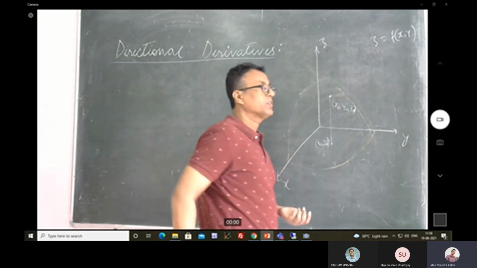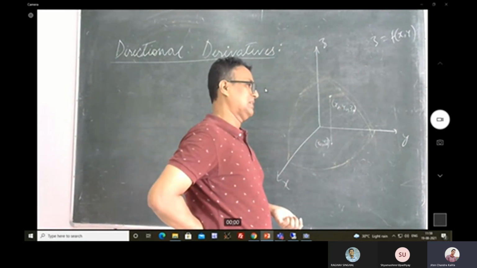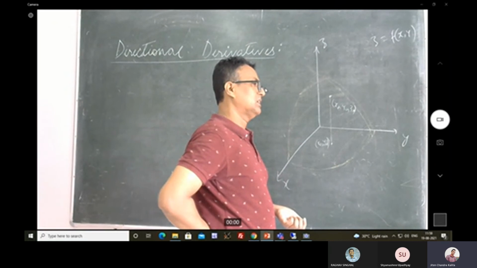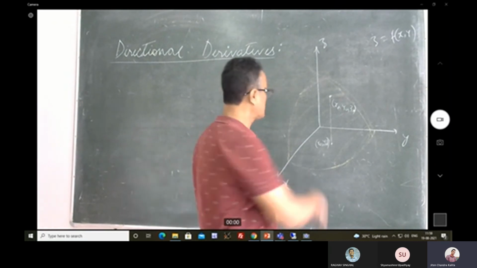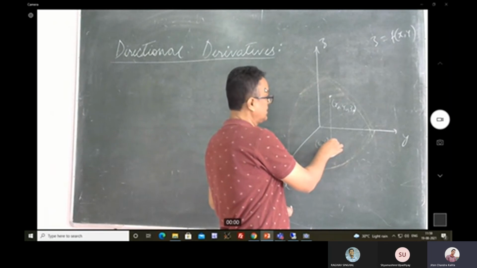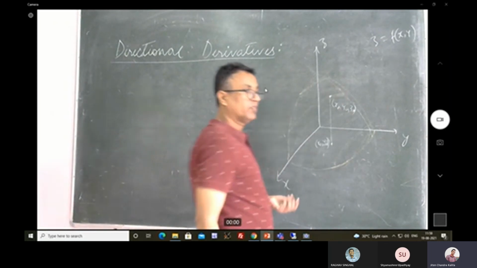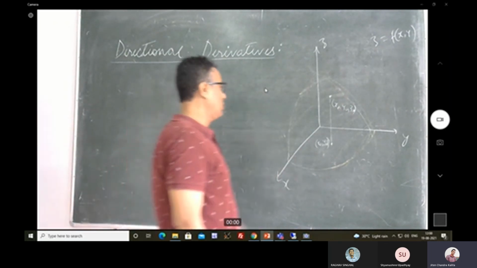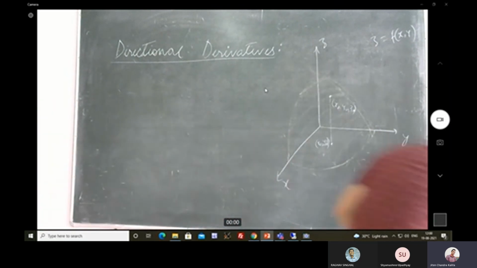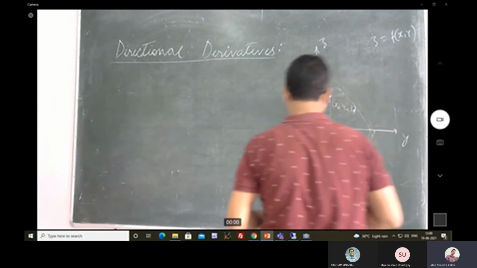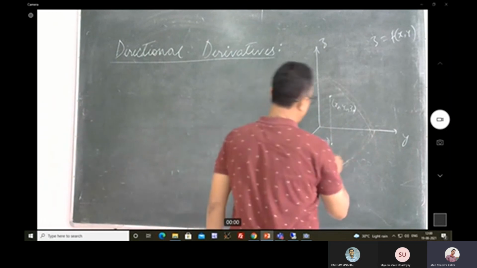On the surface, which is nothing but the graph of the function, right? So corresponding to this point, I'm going to get a point here. Then, if you recall what you did in case of finding partial derivatives, what you did, you simply